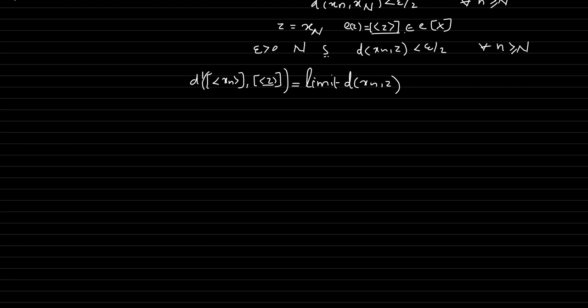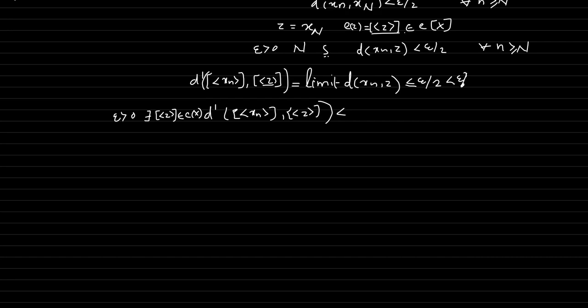And we know that d of xn, z is less than epsilon by 2. Therefore, their limit is also less than or equal to epsilon by 2. And epsilon by 2 is strictly less than epsilon. Therefore, we can say that for any epsilon greater than 0, there exists an element z in E of X such that d dash of xn, z